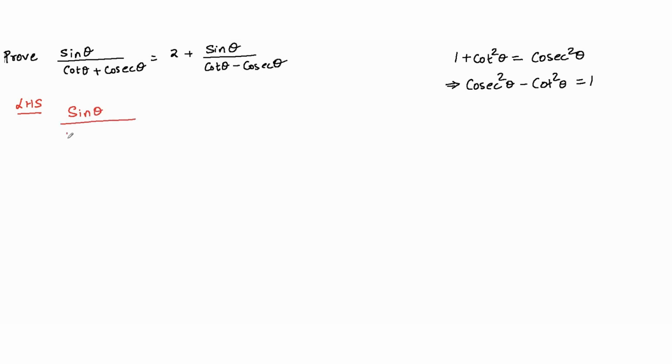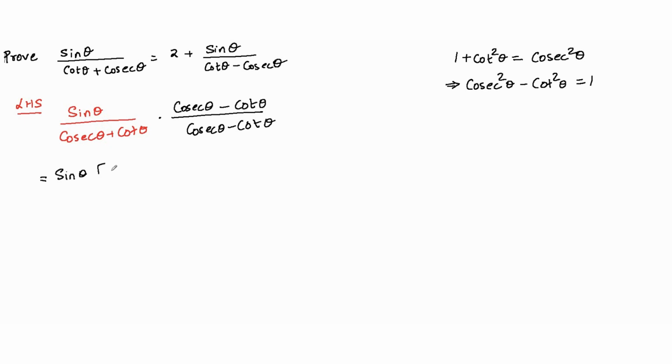So what I'm going to do is take the left hand side, and I have sine theta upon cosec theta plus cot theta. I am going to multiply the numerator and denominator by cosec theta minus cot theta. Okay. Now why am I doing this? Because I know that if I multiply it with the rationalizing factor of the denominator or the conjugate, there are different names for it. So when I do that, I am going to get cosec square minus cot square in the denominator.